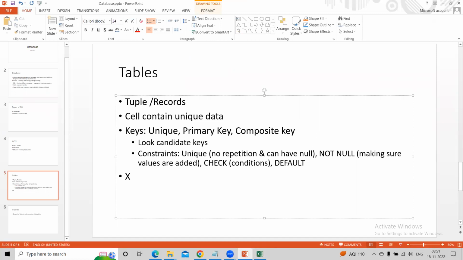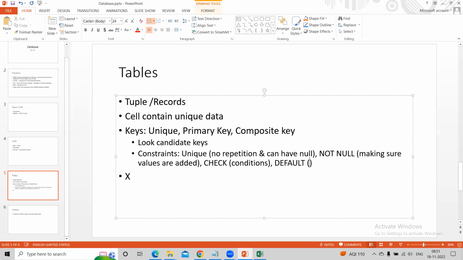Default means that if you do not enter a value, it will take this as a default value. Mostly it happens like this: let's say you run your business and 90% of your employees are sitting in one location. Let's say you have an office in a particular city and 90% of your employees are based in that city. Now when you hire a new employee, there is a 90% chance that that person would belong to your head office. You might have salespeople around the world, but all your back end support, product development, everybody sits